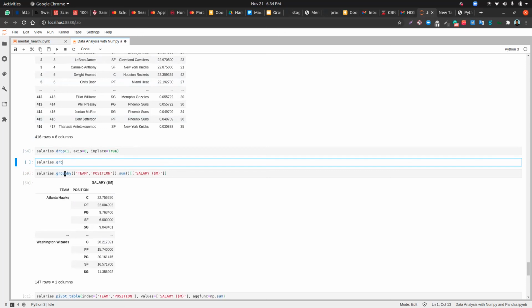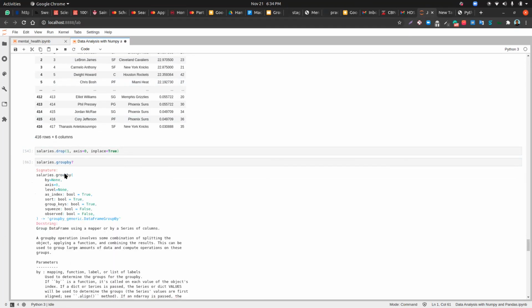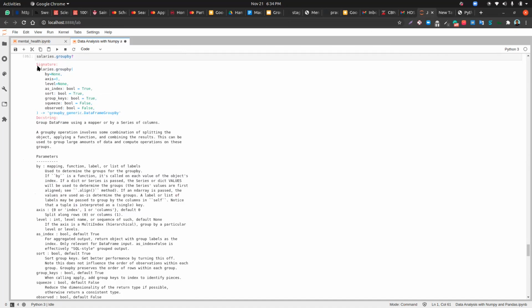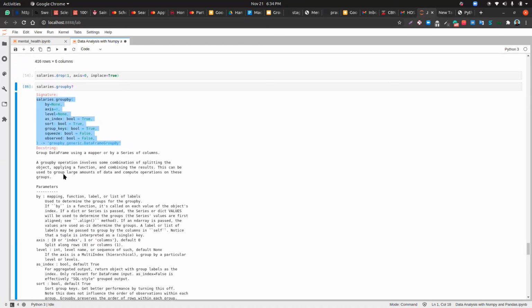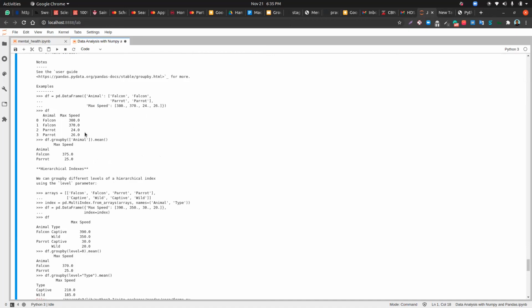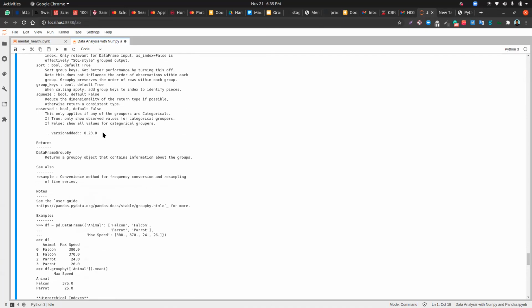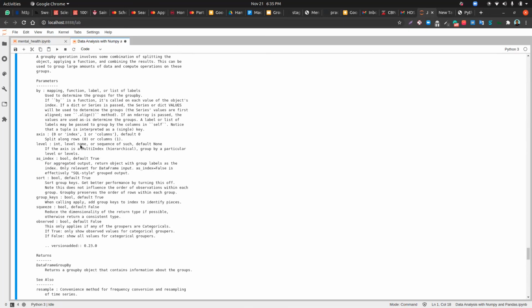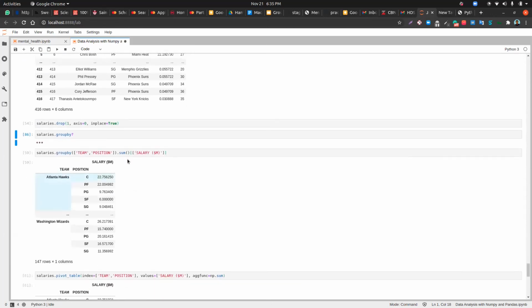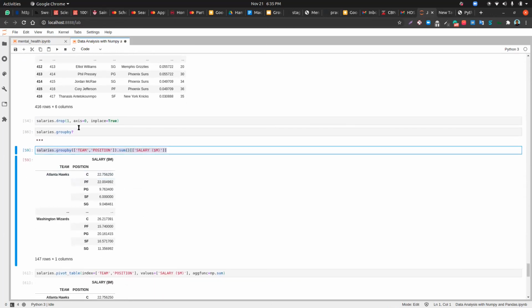Another thing, if you've seen a function and you don't know how to use it, add a question mark after the method and then press run. It gives you high level documentation on the use of that method. So what you need to pass in and some other stuff. When we go down, you see some examples on how to use it. Instead of going through this long journey, because we don't have time, I can just copy the stuff here,